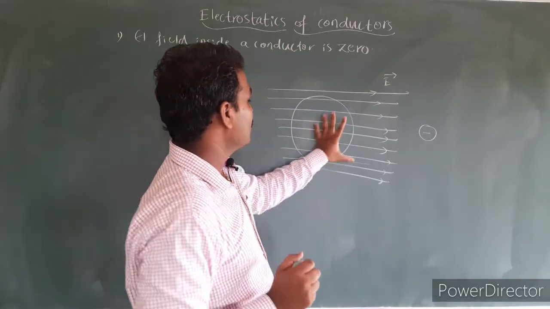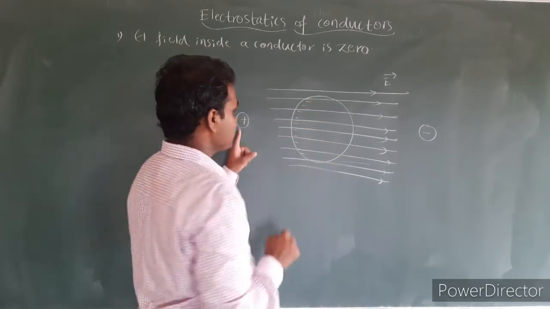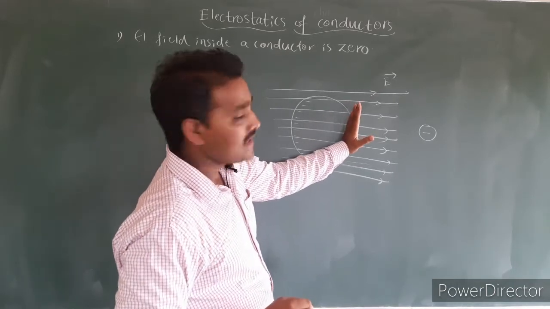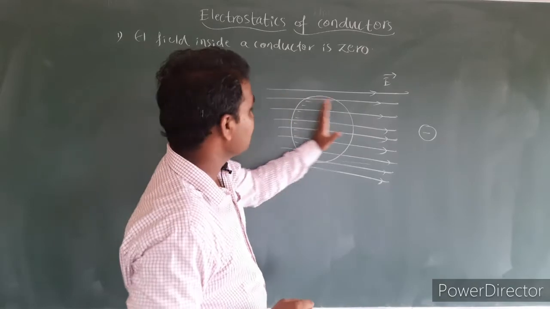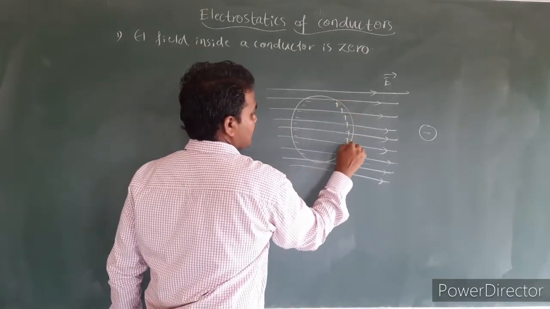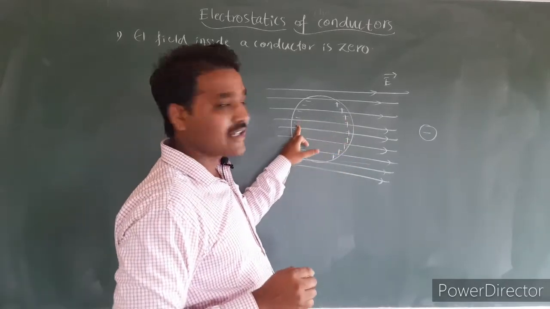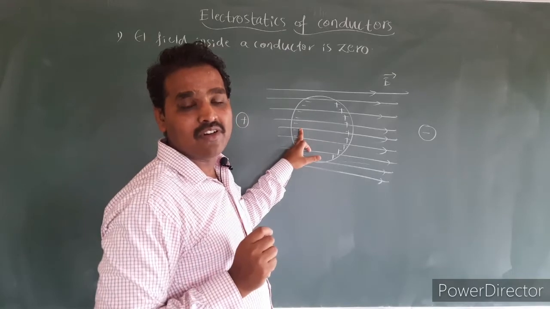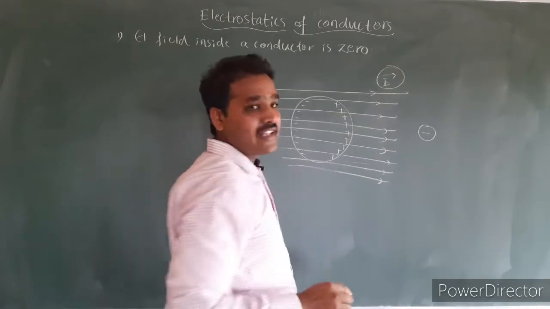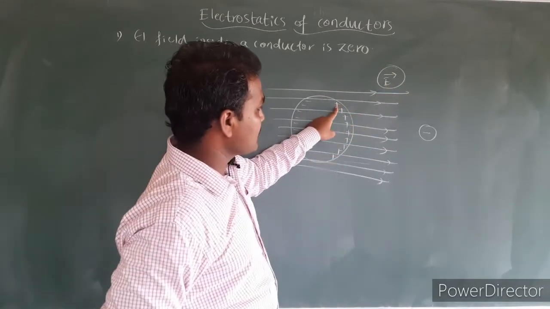Those free electrons all get drifted towards the positive side of the source. When these electrons move from the right side towards the left side, an equal number of positive charges are created. These positive and negative charges are created by the method of induction. Here we have the external electric field of intensity capital E, and because of these induced charges,